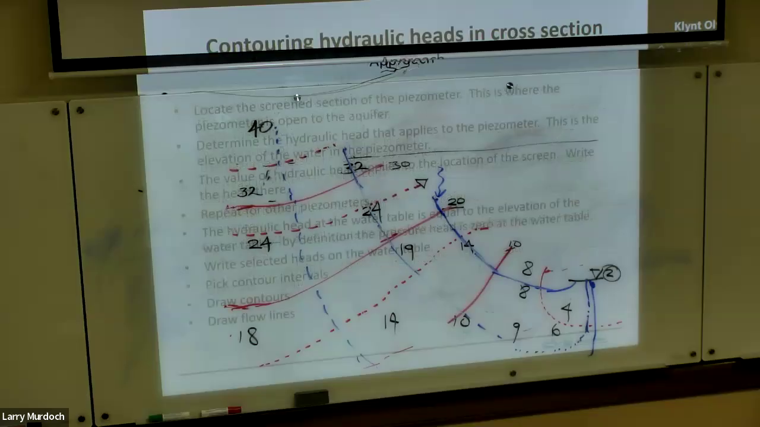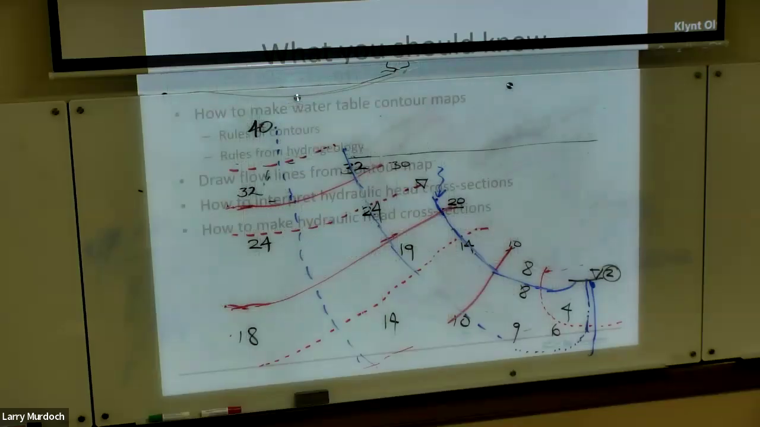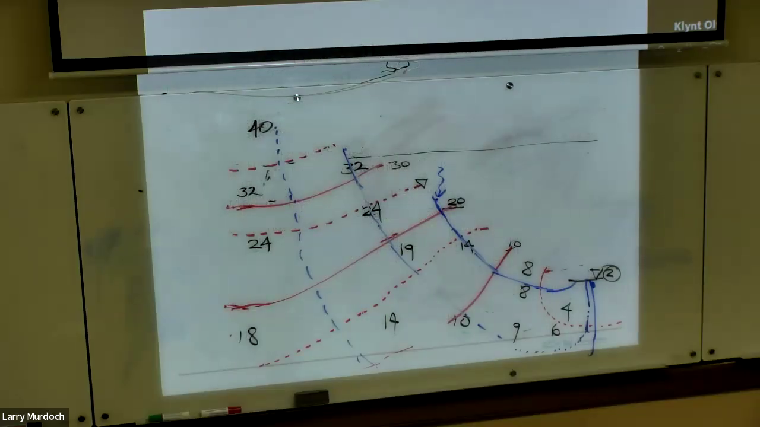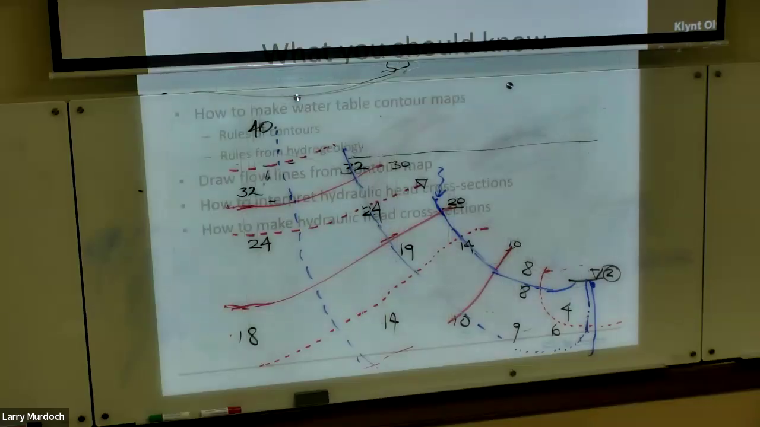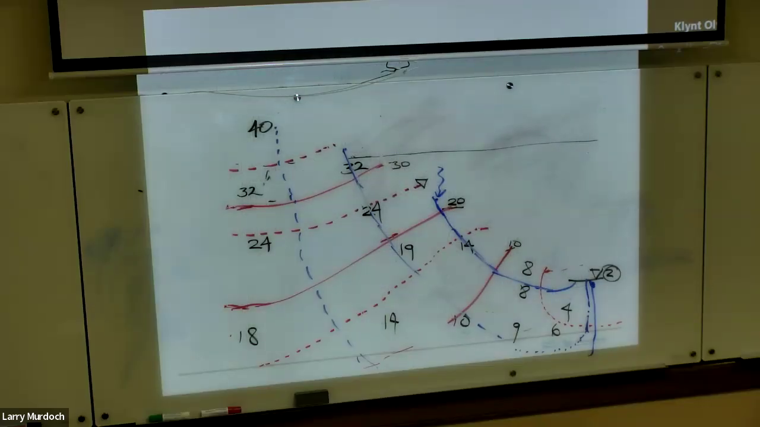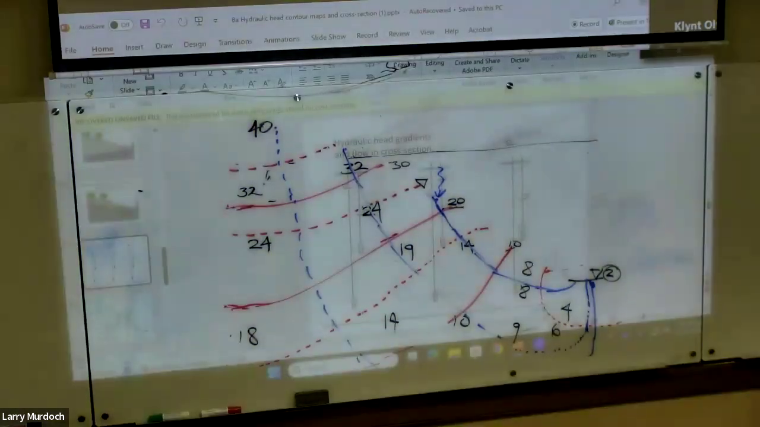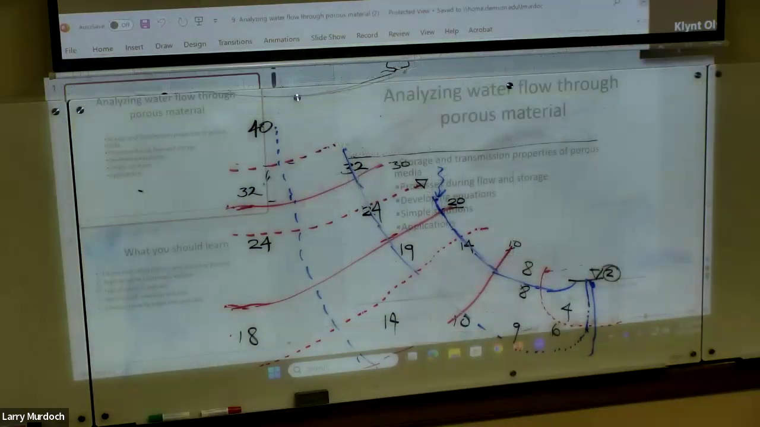So here's some rules that I have. You can check out the PowerPoint for these rules. And good. That wraps up what I want to do with hydraulic head contours and interpreting head contours. So I want to change the topic a bit, and we're going to be building on the